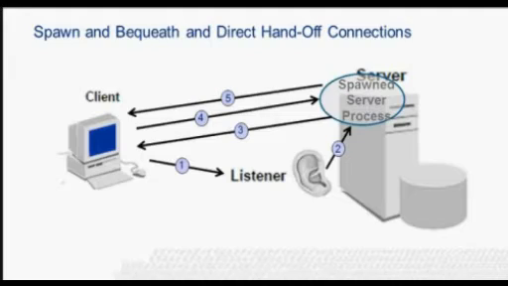The use of this method is dependent on the ability of the underlying operating system to support inheritance of network endpoints. When the listener forks a dedicated server process and bequeaths the connection to the server process, it is called a bequeath session. The following sequence of events will occur. The client establishes a connection to the listener using a configured protocol and sends the listener a connect packet. The listener checks the SID is defined. If it is, the listener will fork or spawn a new process to deal with the connection. A bequeath connection is then established between the listener and the new server process to pass process initialization information. The bequeath connection is then closed.